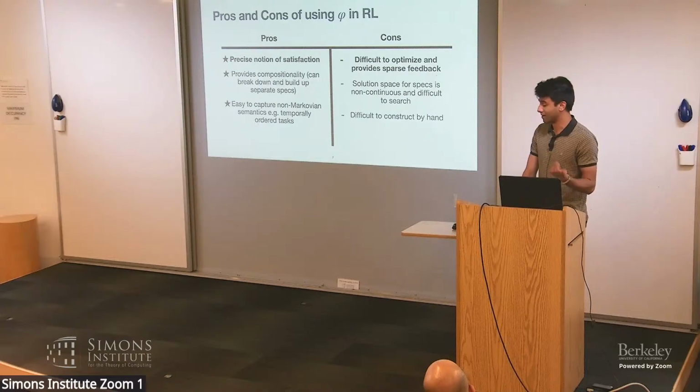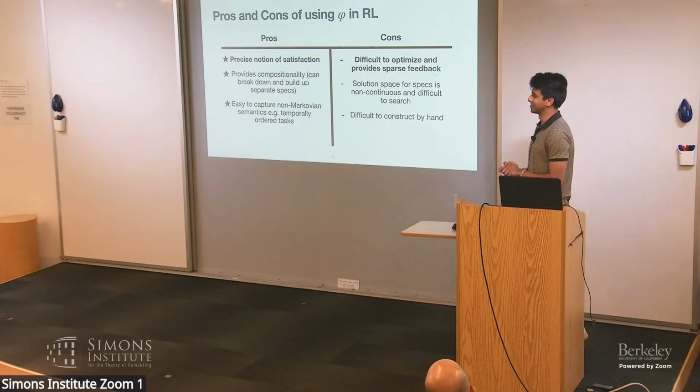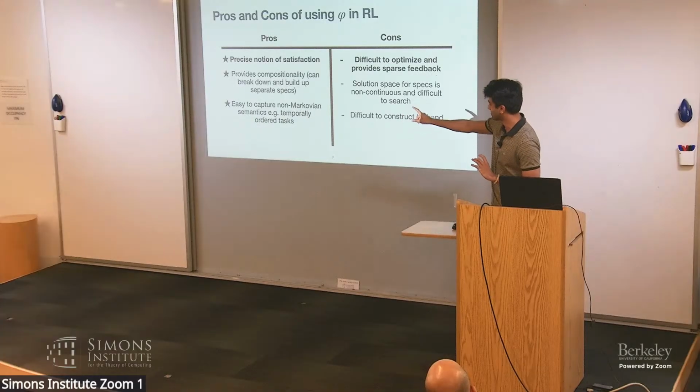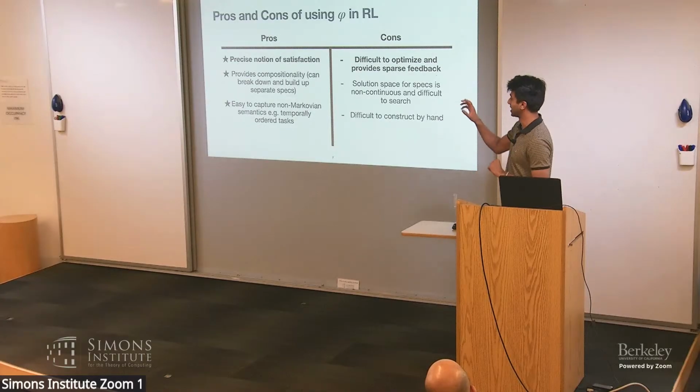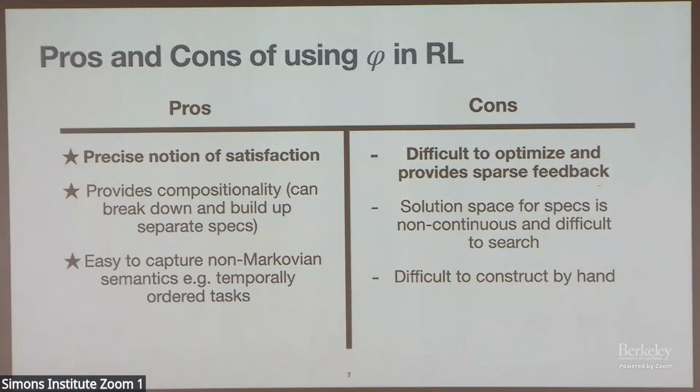So yeah, I'm glad that Sismit asked this question because this is going to lead into the rest of the talk. The last pro and the last con are not within the scope of what I talk about today. But I will take the first of each and then the second of each pro and con. I will talk about a situation where the pro is very useful and how we can mitigate the con to help this become a clear benefit in an RL task. So let's first talk about how a precise notion of satisfaction can be useful in reinforcement learning and how we can mitigate the sparsity that comes with formal specifications.